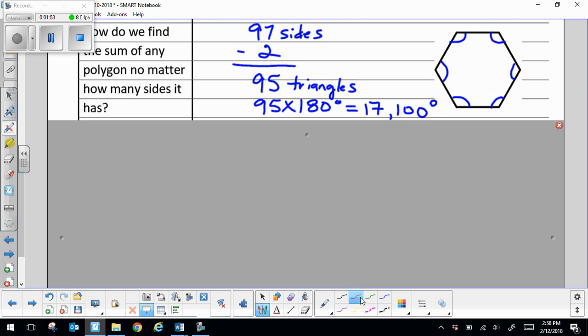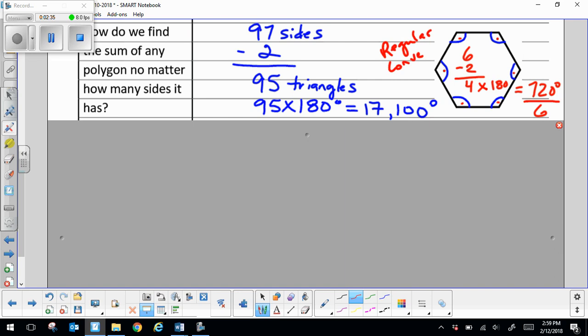In this case, I only have 6 sides, so we're going to do 6 minus 2. That gets us 4 triangles inside this. And we multiply that by 180 degrees to come up with the total. So 180 times 4 gets us a total of 720 degrees in any 6-sided figure. This guy happens to be regular, so I'm going to share this 720 with 6 friends, right? So 720 divided by 6